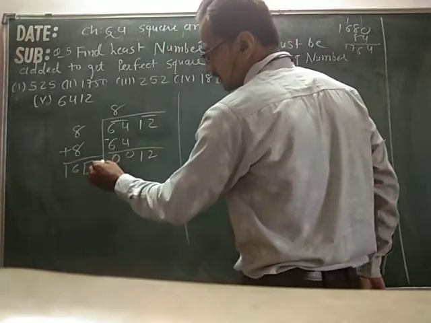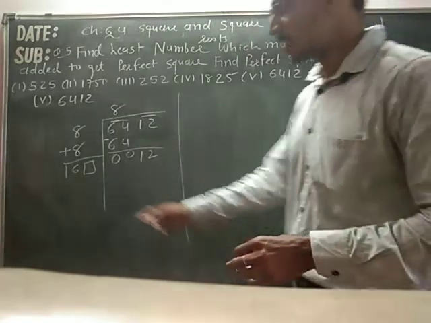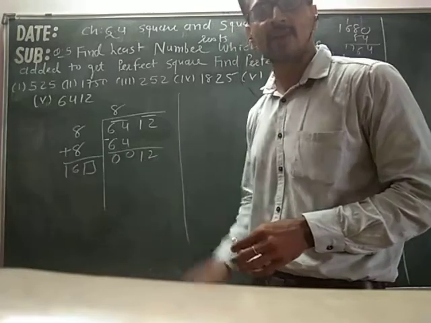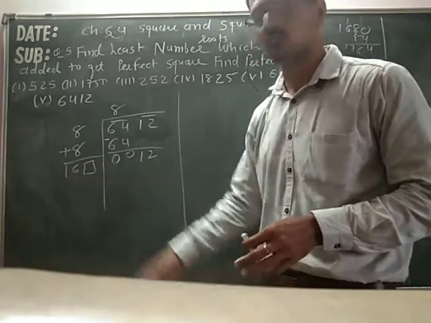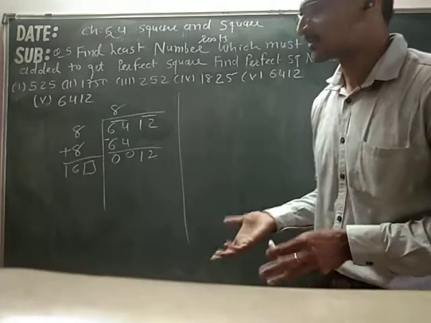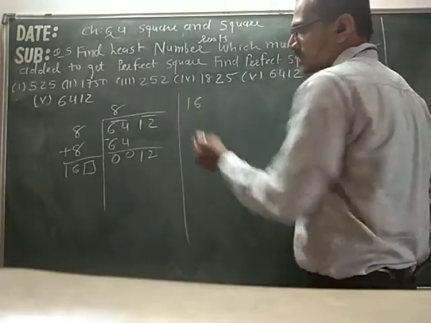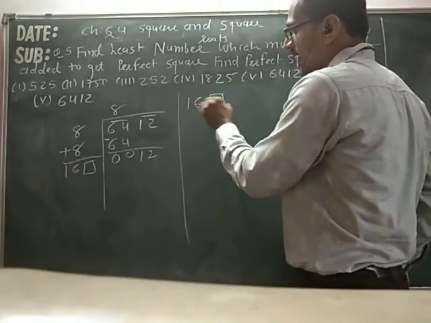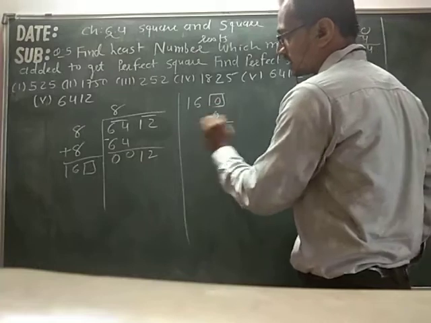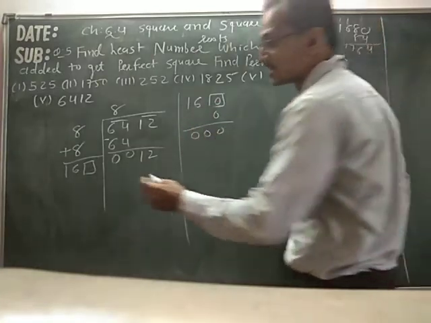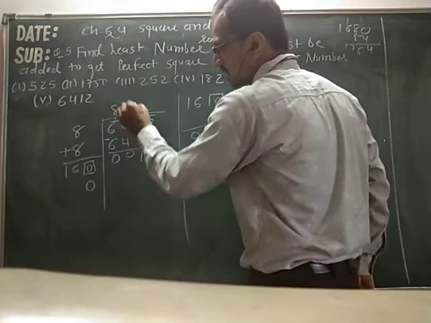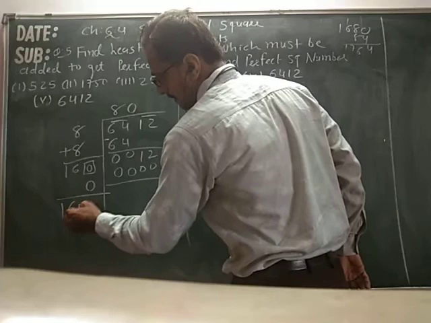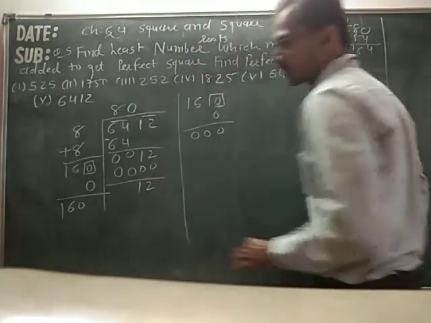Put down this 12. Look, now whatever number I write over here, it will always be greater than 12. If I write even 1, it becomes 161, 1 times 161. So whenever by writing 1 over here the number becomes greater than this, then you have to take help of 0. 160, 0 times is 0. So we'll write 0 at 3 places, up, down, and in the answer, and here 0, 0, 0.